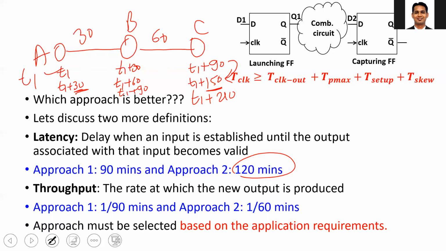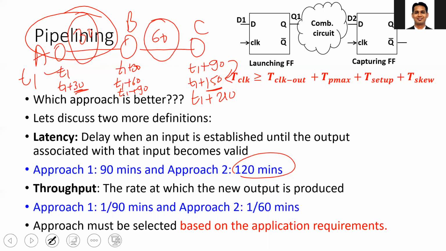So depending upon your requirement, whether you want a lower latency or a higher throughput, you need to choose one particular approach. In some cases you may select the first one, in some cases the second approach. And the second approach is nothing but pipelining. What is the importance of pipelining? You make two circuits work simultaneously on different sets of data. Here you can see that your two vehicles are operating simultaneously, but they are transferring different persons. That is called pipelining.